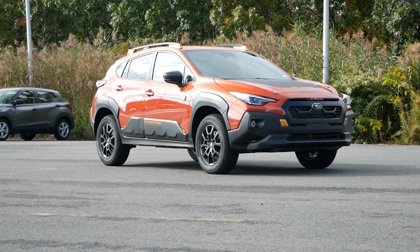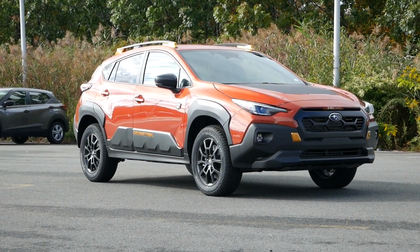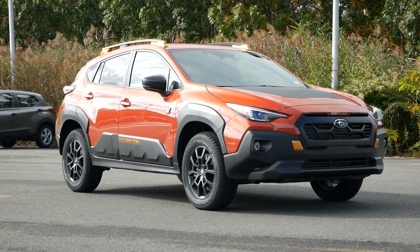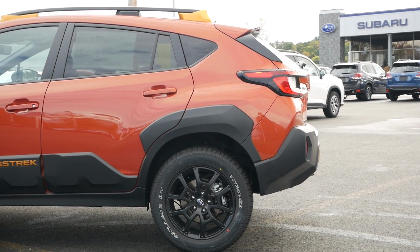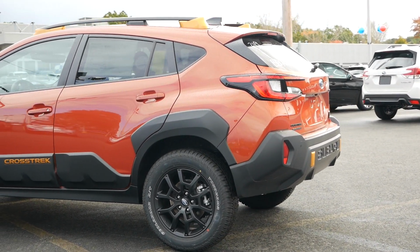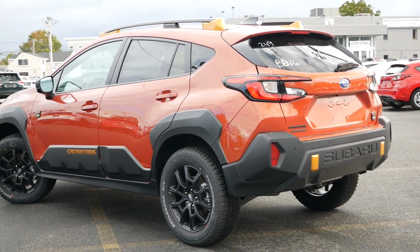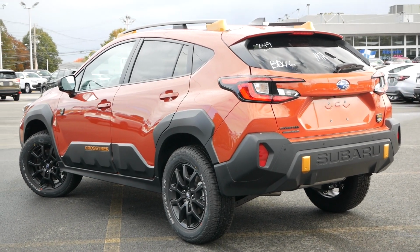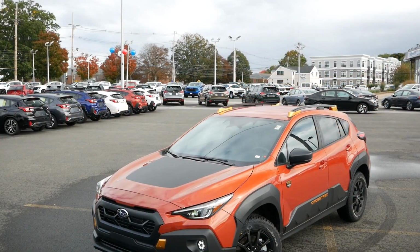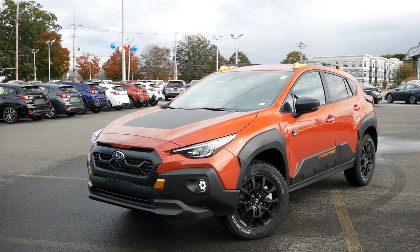The Subaru Crosstrek success that's helped this vehicle ascend to the throne in this market happened long before the Wilderness trim made its appearance on this model, and there's likely a number of reasons that have contributed to its popularity here in the United States. While Subaru isn't known to be risk takers, since their customers are adamant about tradition and keeping everything simple and straightforward, because they're a brand associated with experiencing the outdoors, doubling down on this